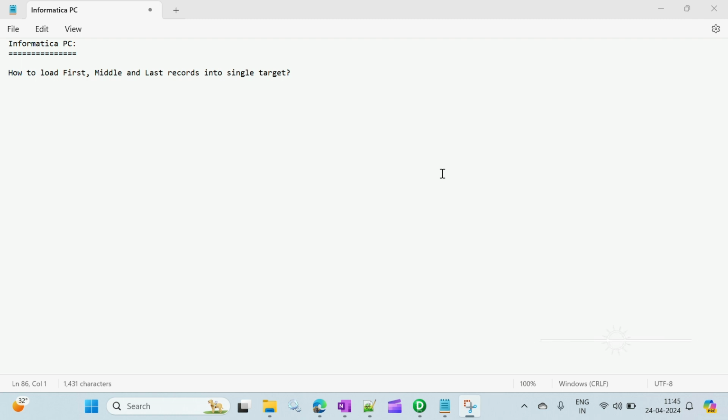Today I have come up with another most important interview question which is asked by the MNC companies. That is how to load first, middle and last records into single target. So this is the most widely used interview question in any Informatica profile. Okay. So suppose we have a data